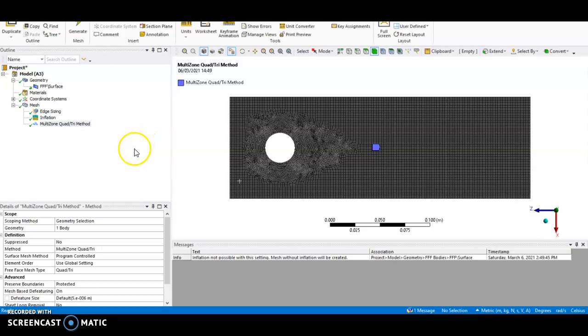Okay guys, so welcome to part 2. When I allowed it to do multi-zone grids, it gave me the error message: inflation not possible with this setting, mesh without inflation will be created. Okay, so obviously it doesn't give me more than this, so what I'm going to do